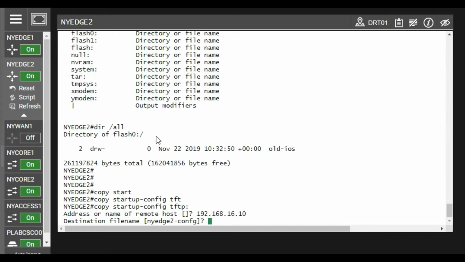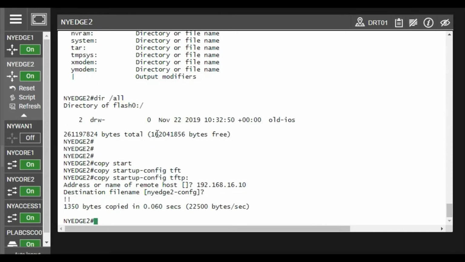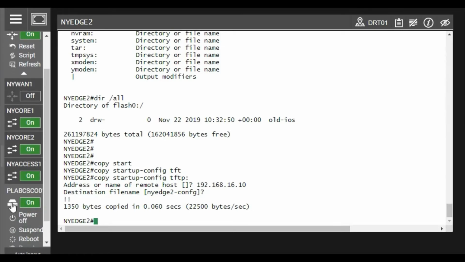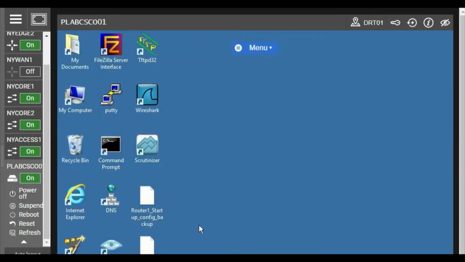So I don't want to keep another file name. I want to keep the file name as nih2config. That's it, and enter. So you must have two configurations in your PC which have been taken backup. So you can see here two configuration backups are available.